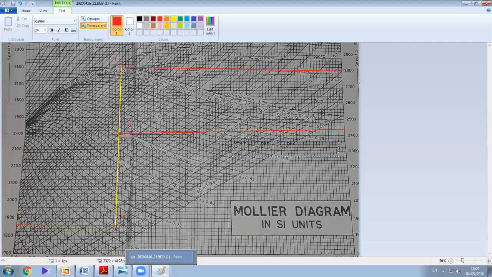Around 2800 it came. A little bit, 5 divisions or 10 divisions here and there, it will be there. Next, when I take H2 here, if I draw the H2 line over here, I got